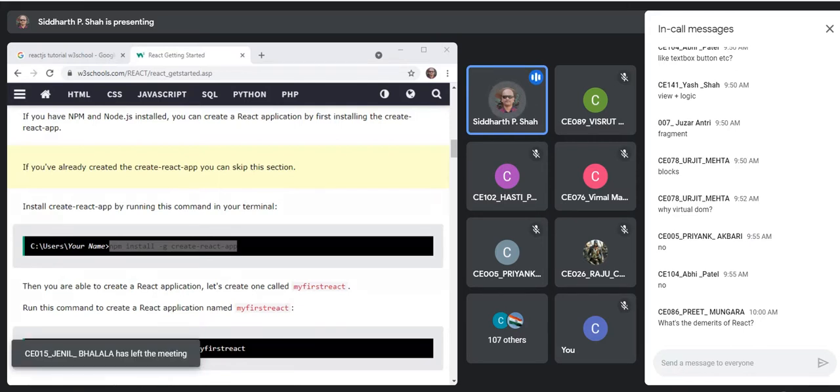Okay, so it has just installed that create React app. Let me just show you that. I guess you cannot see my screen, right? Yeah, so let me share this one.